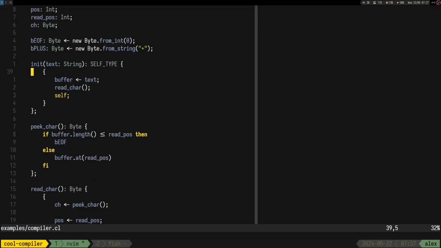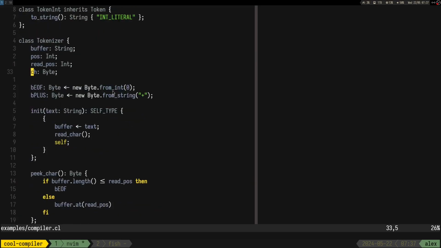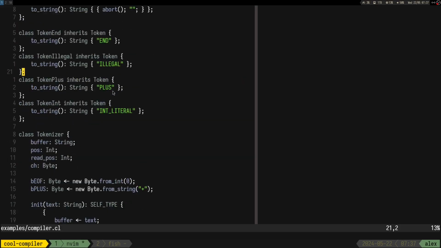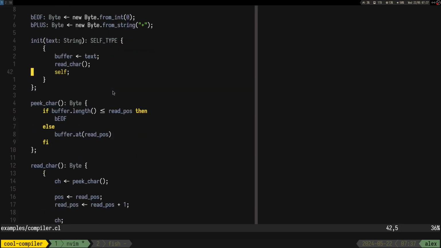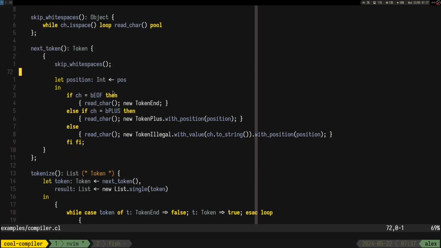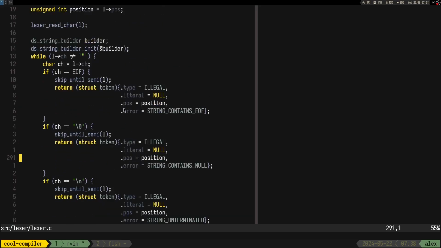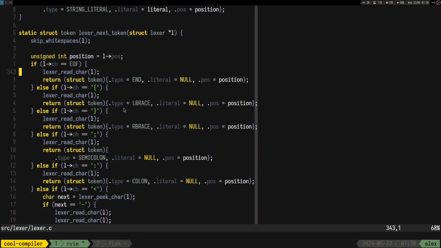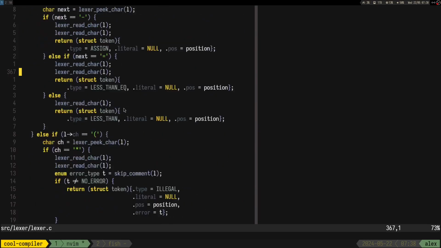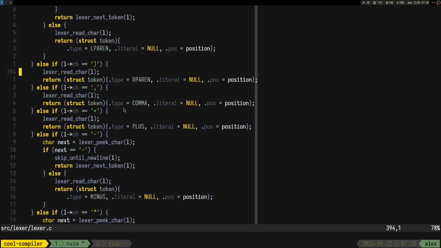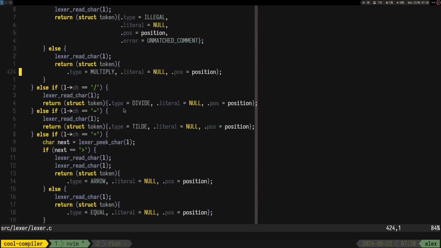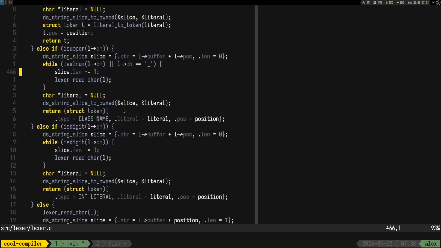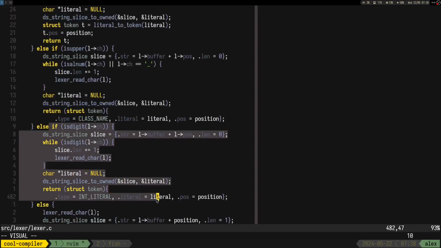Let's see how I was getting the integer then. Where is the int? I mean, it was like is digit.